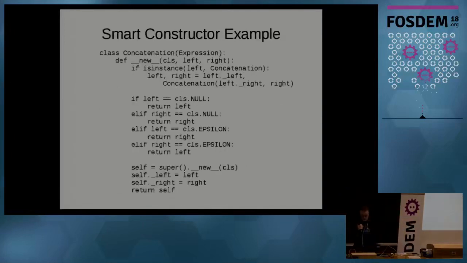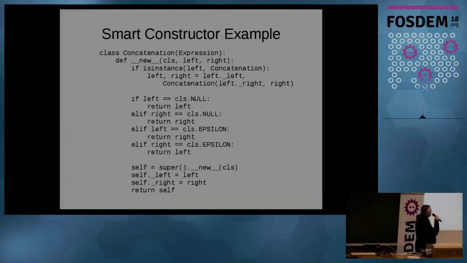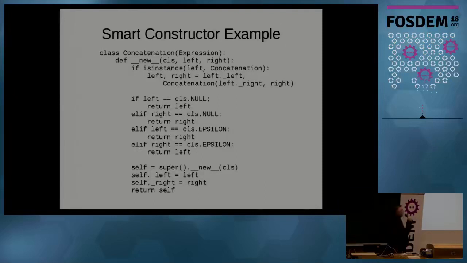But a real-life example of this, we use a smart constructor. We use new instead of init. The reason we use new, which most people don't use in Python, is because we don't always want to create a new object. Sometimes when we're being a smart constructor, we want to return an already existing object or a different type of object to what we thought we were constructing. So that's what we're doing here in the concatenation